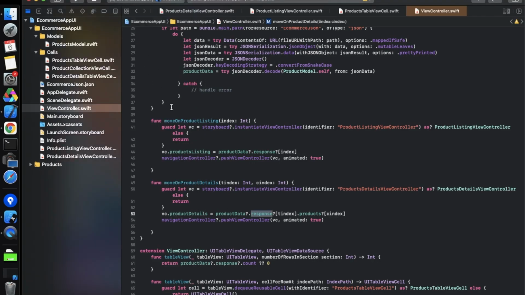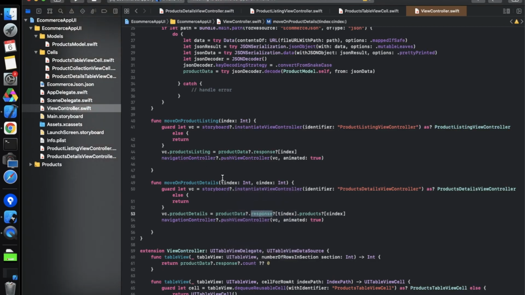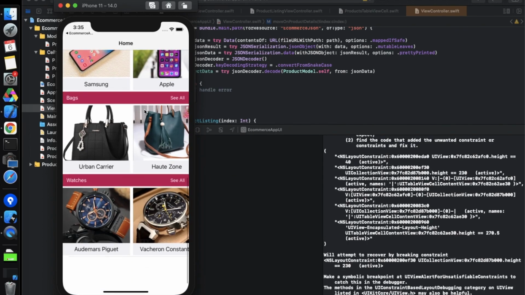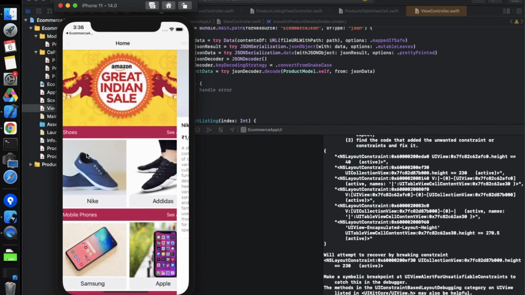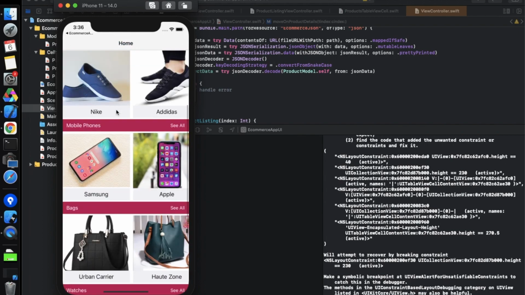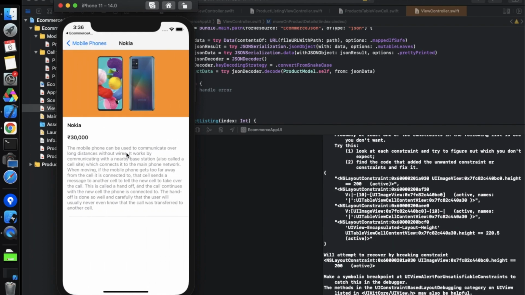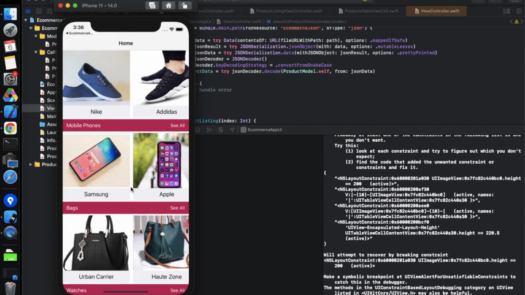Now let's see, this completes all the functionalities. So let's test this and see that everything is working fine as needed or not. So this is completely fine. Now let's click on this Adidas, and it's loading as needed. Now let's move on to the cell phones, and then let's click on this, and it's completely looking fine. So everything is working fine, and you can test this when you create it.